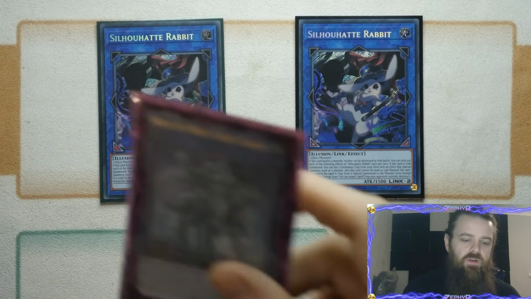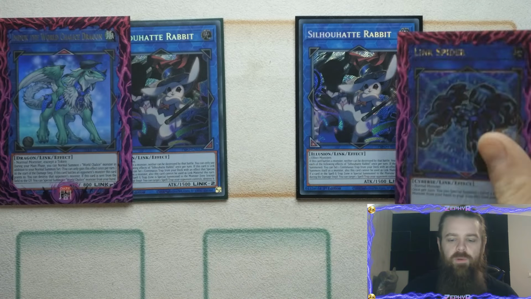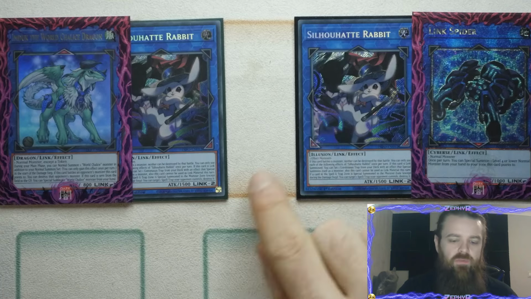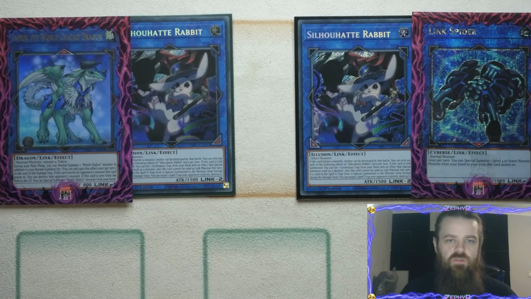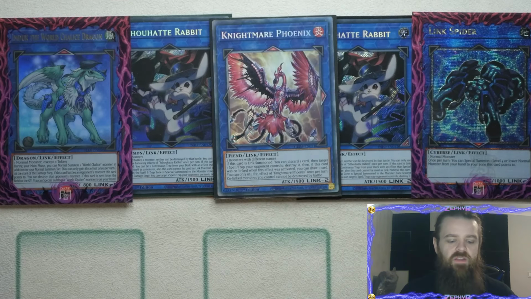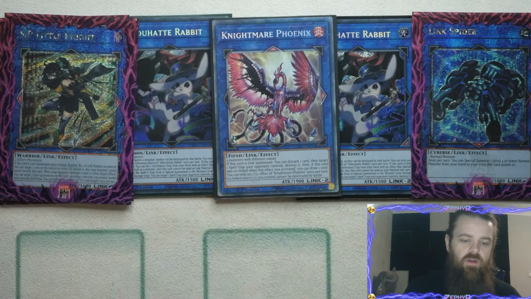Their go being either Umduct or Link Spider, to then go into the Silhouette Rabbit with another effect monster, so it gets a little bit messy. And then in doing so, this then sets you another continuous trap card. For the other Link monsters, of course, just generic stuff in the form of Nightmare Phoenix, SP Little Knight,